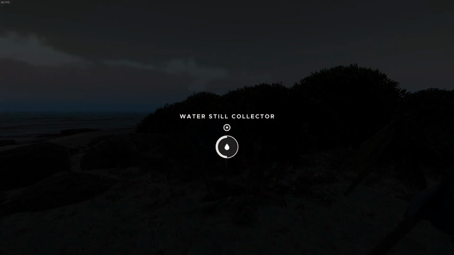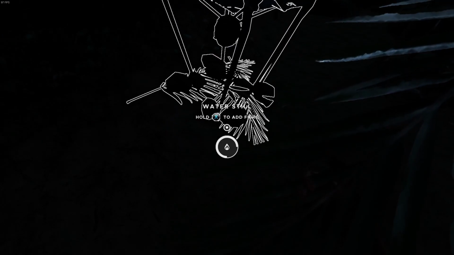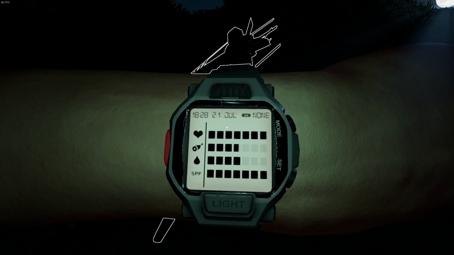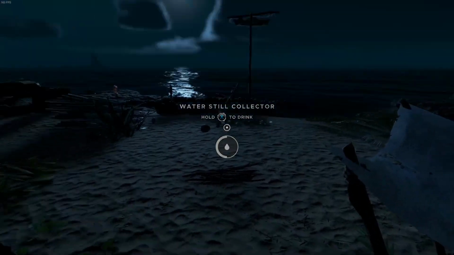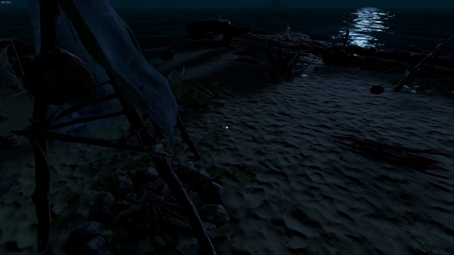How are we doing? We're half full. We need one more palm frond. Let's grab that and put it in there. We're going to call that a night. There's the shelter. How'd we do? We are 6:30. Okay. Outstanding. Alright, so now we're just waiting for daylight so we can go sail off into the...